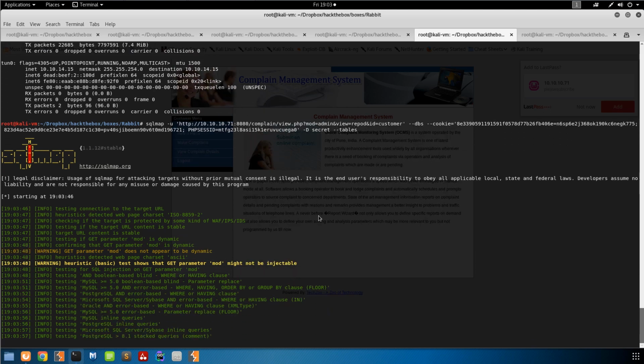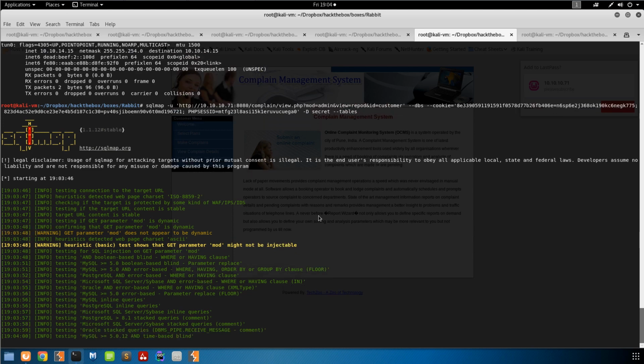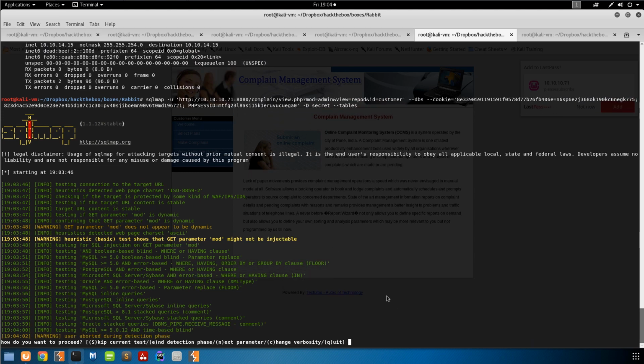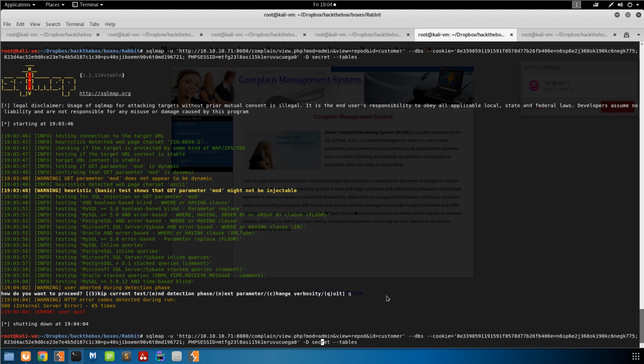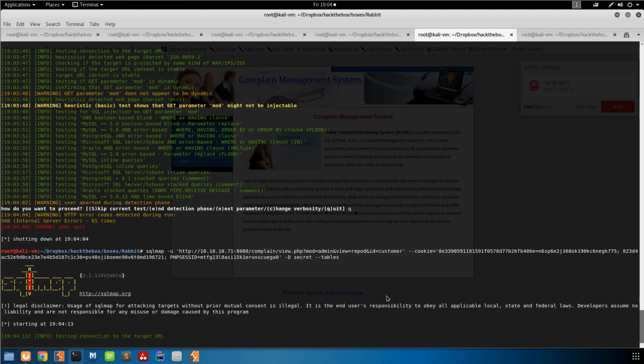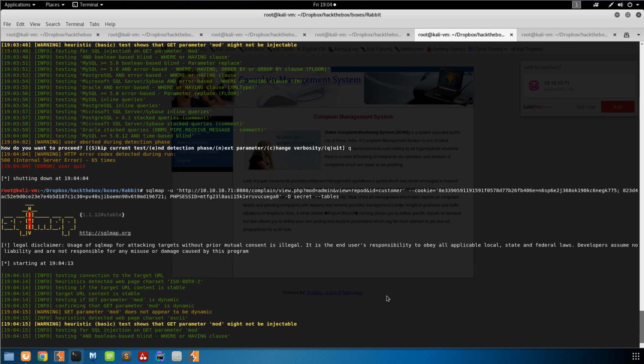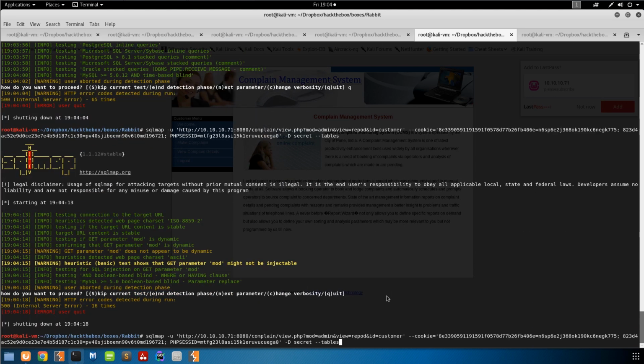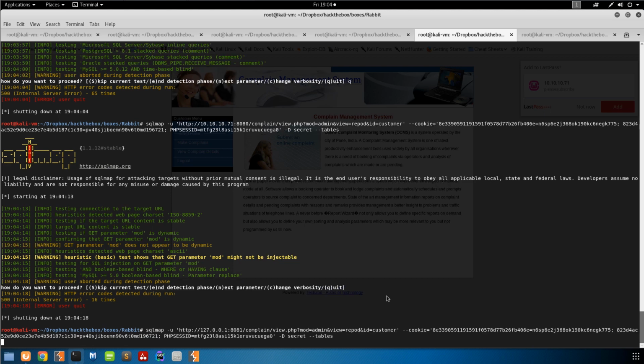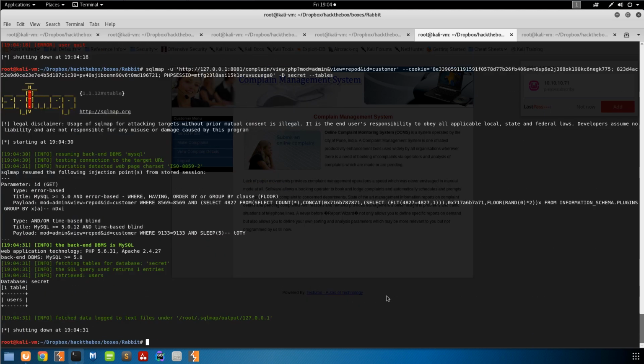So here in a second it should pop back with, oh, you know what? It's trying to figure out what's injectable again. It should have already known. I'll remove this --dbs flag at the front and see if that's why. Oh, it's because I changed the URL. So let's go ahead and go back through our Burp proxy, because it saves its results in a folder underneath the URL. I probably could have just renamed the folder,